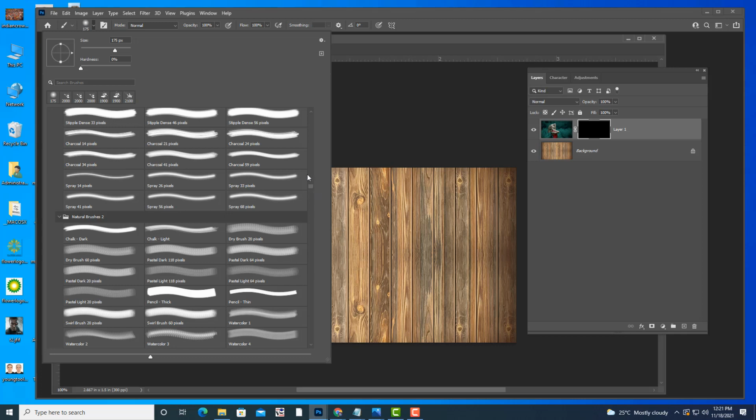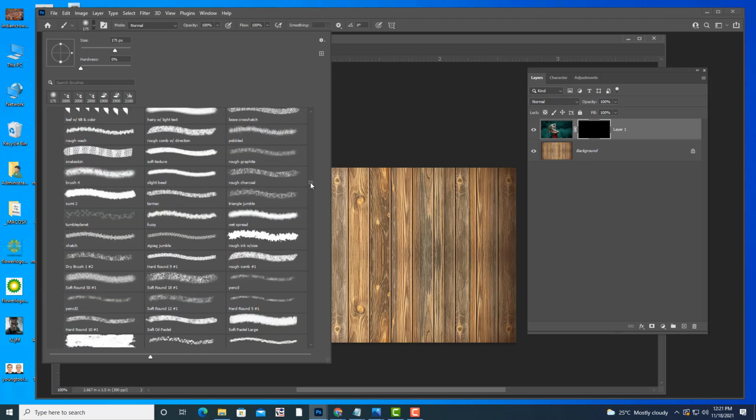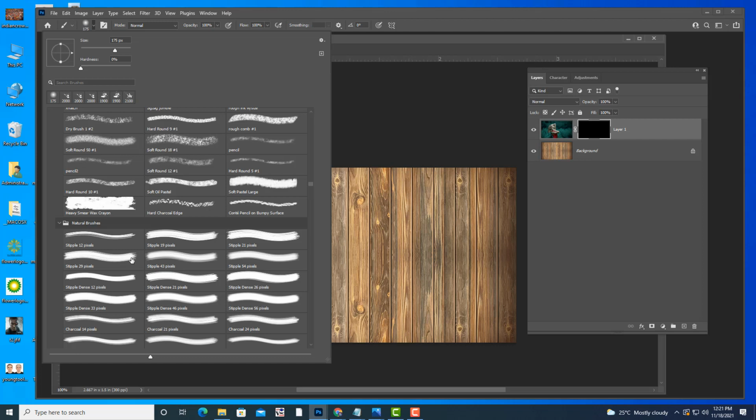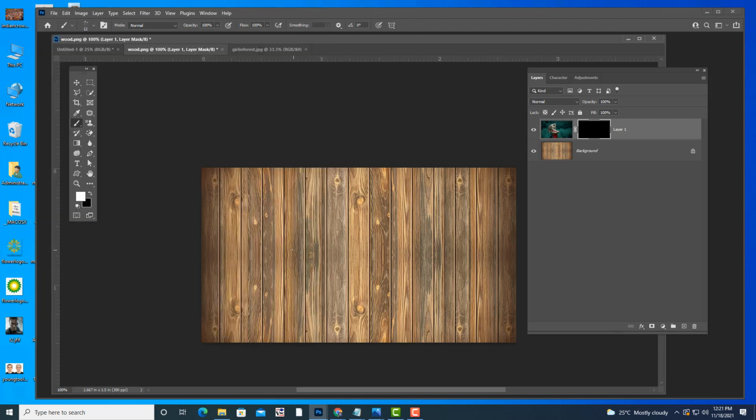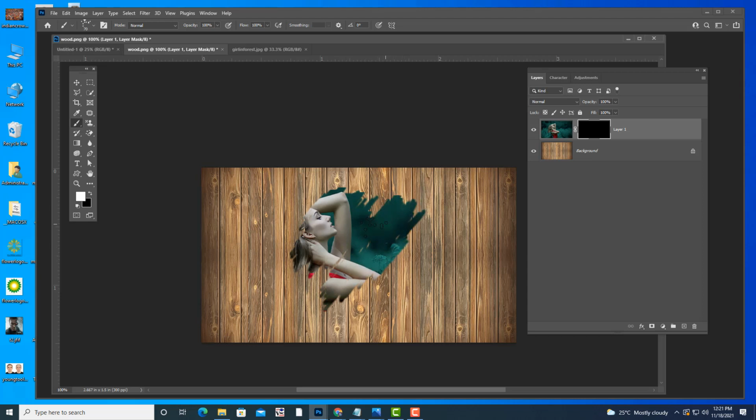Okay, so I am going to select this brush. So let me select this natural brush. Okay. See here. So you can get different combinations, okay, with different brushes.